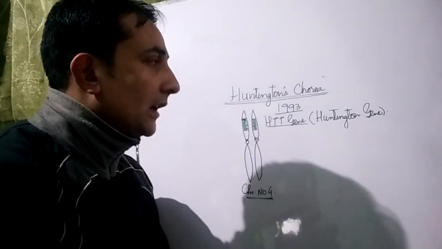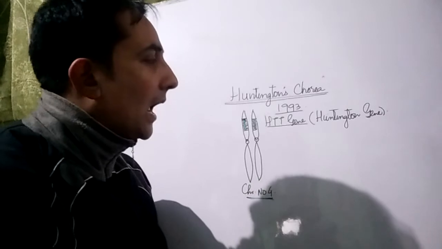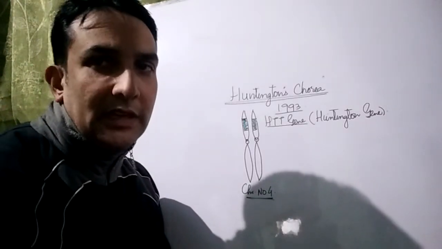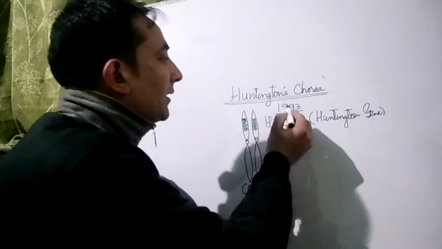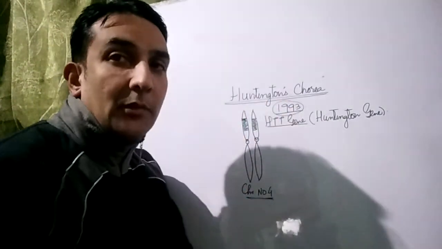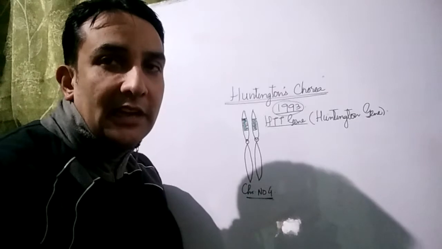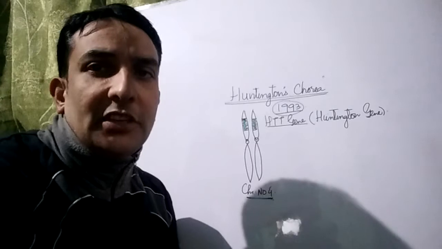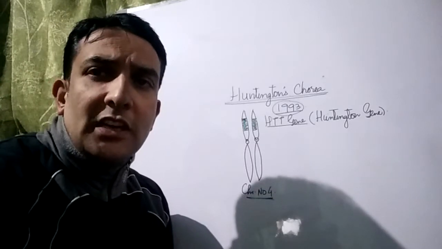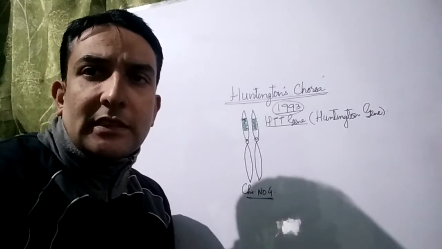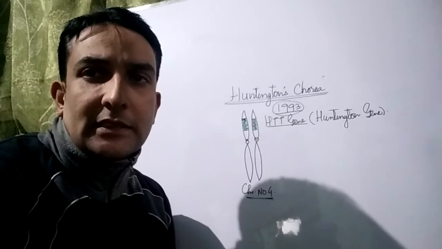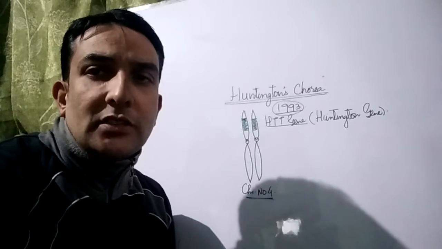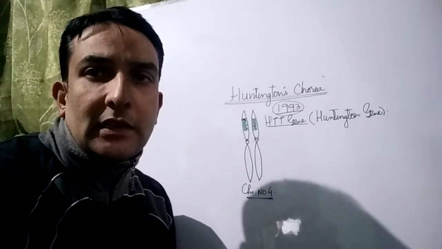before discussing in detail about the Huntington's chorea, let me first of all discuss the normal functions of this gene. That's the Huntington's gene. So again, I will repeat this thing, that this gene was reported by some geneticist in 1993. Now, what is basically the function of this gene? This gene is of enormous importance with respect to our nerve cells. It produces a protein which we call as Huntington's protein, which is of enormous significance in case of our nerve